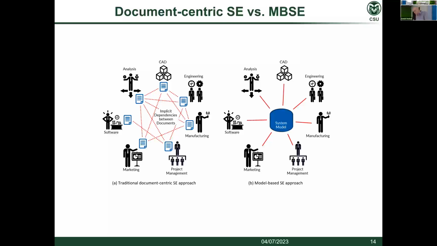Now, in a more model-centric approach, we put a system model at the center, where instead of having their own individual artifacts serving the purpose of communication and development of the system solution and understanding of the system, we put a system model, a single or a relatively interconnected set of data objects at the center, where the different groups interface through this single source of truth rather than through multiple documents that have less formal dependencies between them. So this is more of a model-centric SE approach, where we put the model at the center of the different groups' goals and activities that they are looking to achieve.